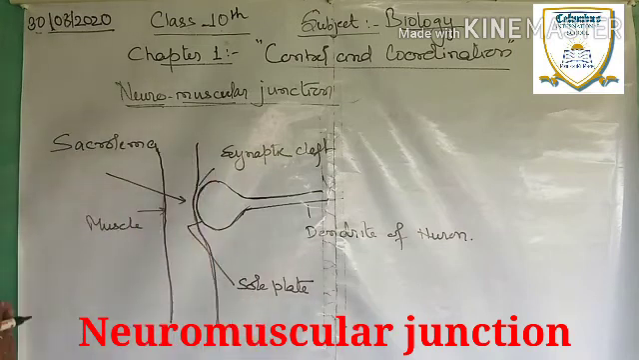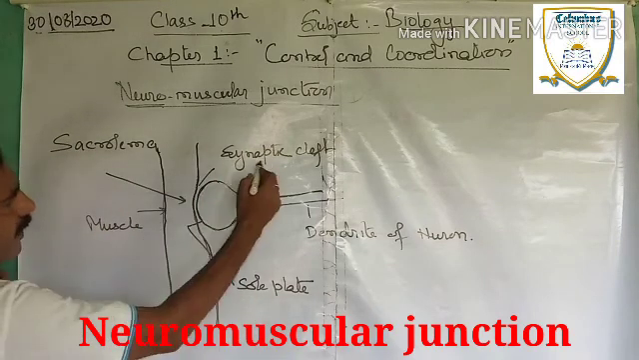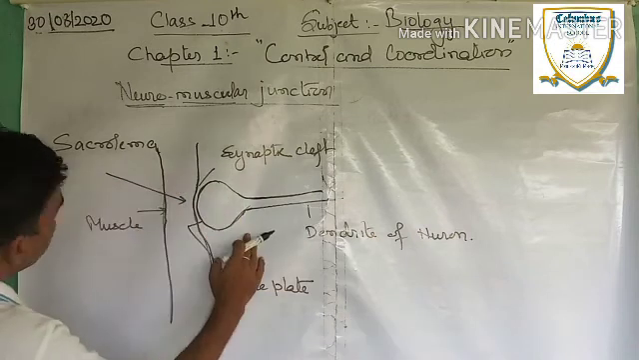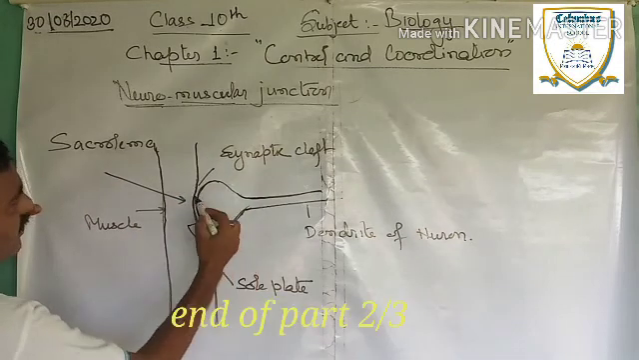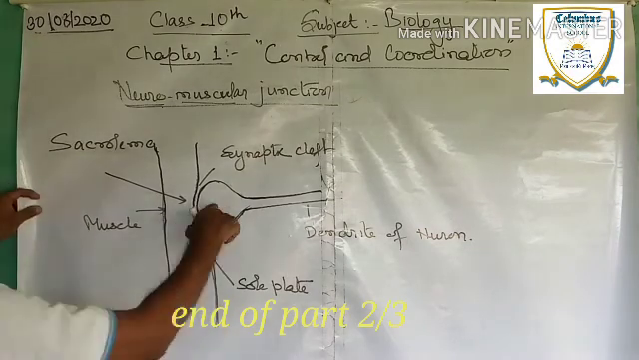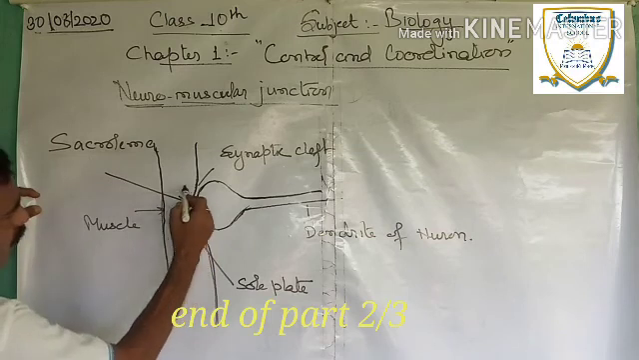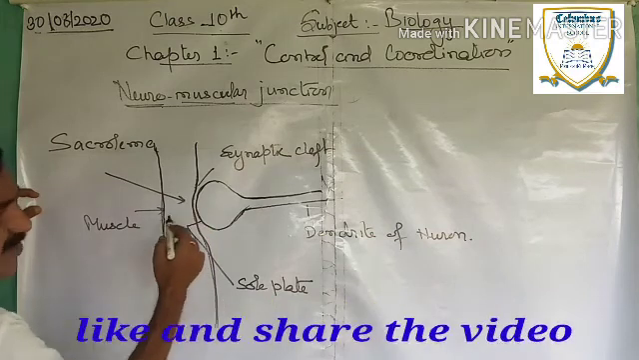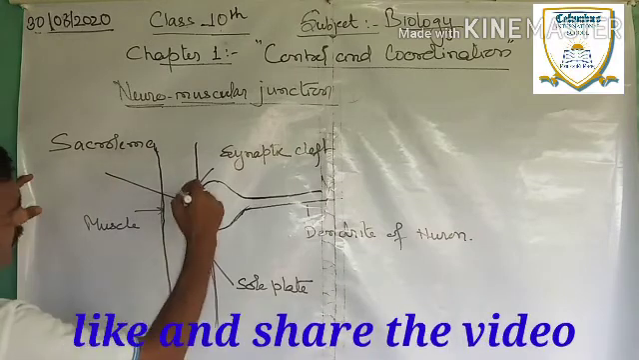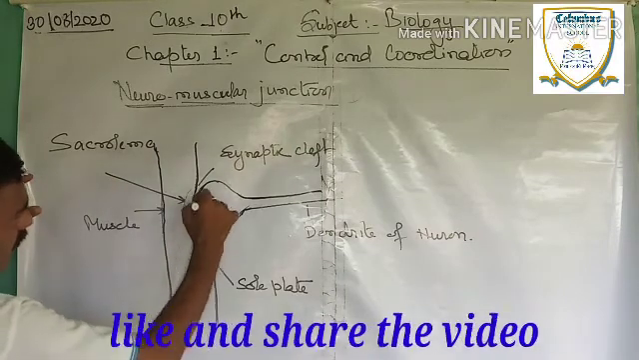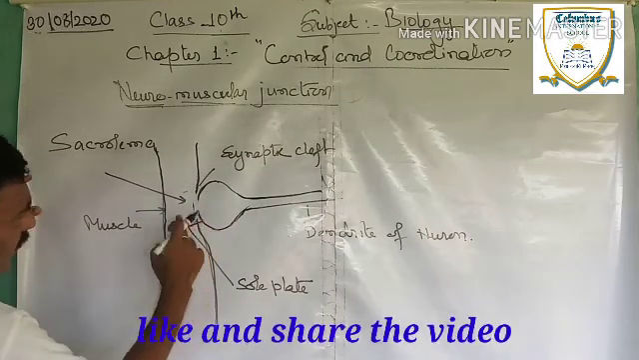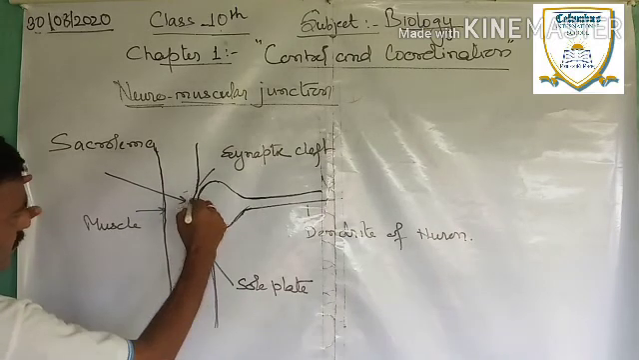Now, what happened? Just see. Again here is the synaptic cleft. Again here the muscles are not in direct contact with this portion of the dendrite. The portion of the muscle where the junction takes place is called sarcolemma. That means this portion is called sarcolemma, which is the part of the muscles at the site of the junction. Here you can see